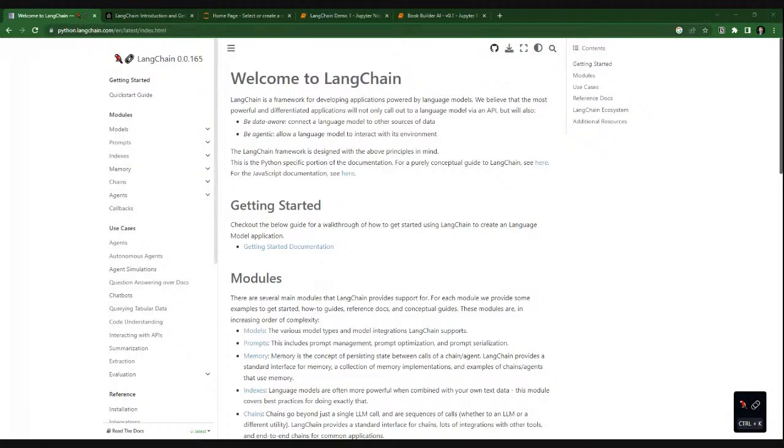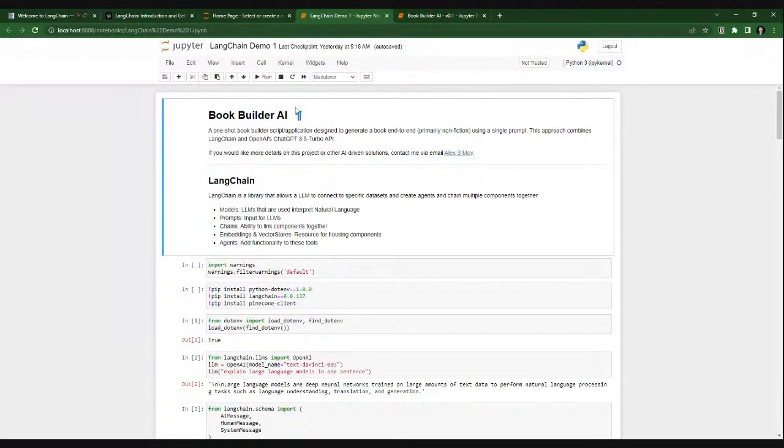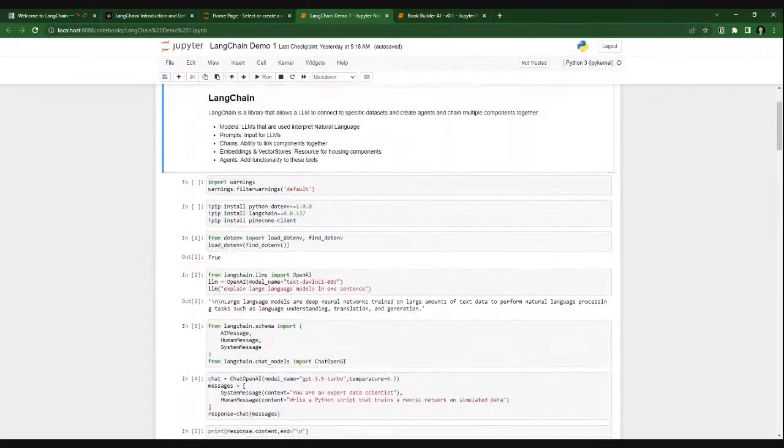and connecting with large language models. So let's go ahead and dive into this next part right here. I'm going to go ahead and show you guys what this looks like in our Jupyter notebook over here. So the first thing is that we want to make sure you've got some of these dependencies. I'm using